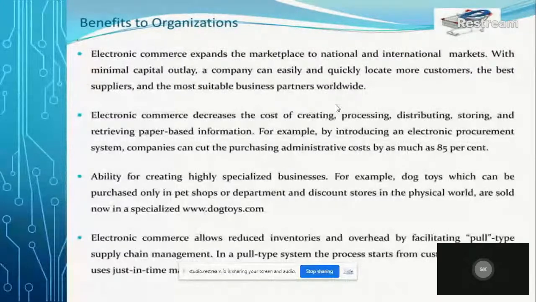How? In the traditional market, we were advertising through TV and radio. But here, with the help of e-marketing, using a website we can distribute our information globally to all customers. The users can see the marketing products, and sitting anywhere in the world, they can place an order. This is how electronic commerce expands the marketplace to the national and international level